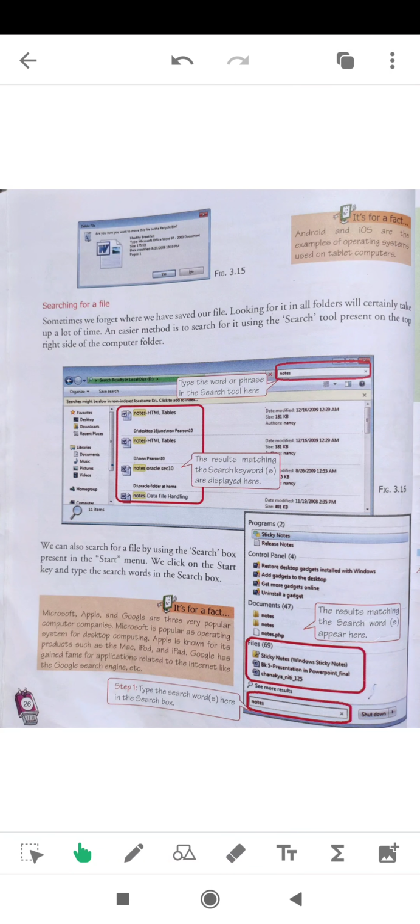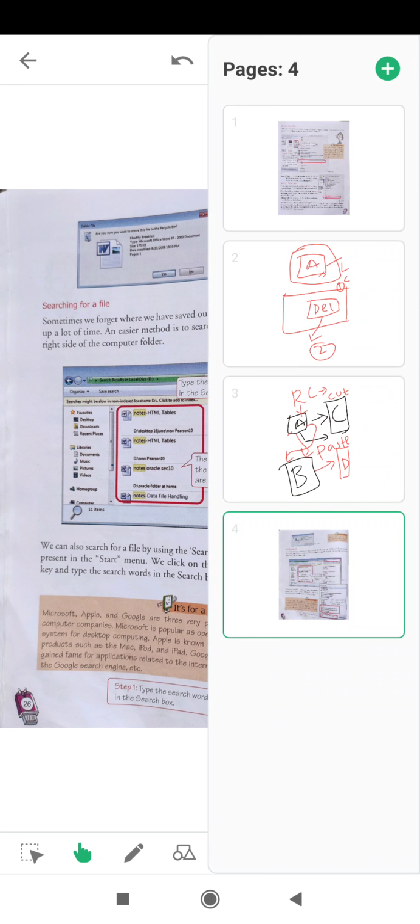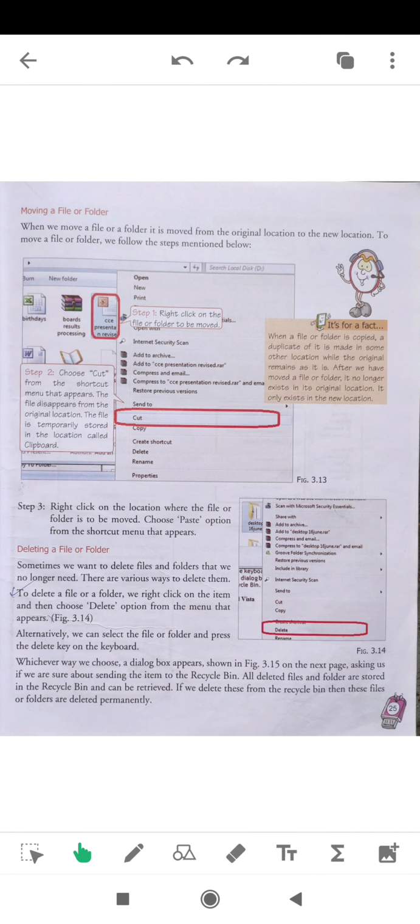So this was the last topic of your chapter number 3, students. Please go through this video carefully, and if you find anything confusing, you can ask me in the comment section. I have seen only a few students watching the video, which is very bad. If you don't understand anything in the class, you will not be able to write in the exam. So take your classes seriously.